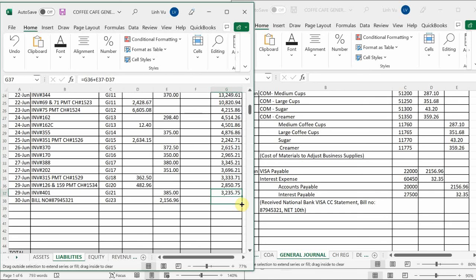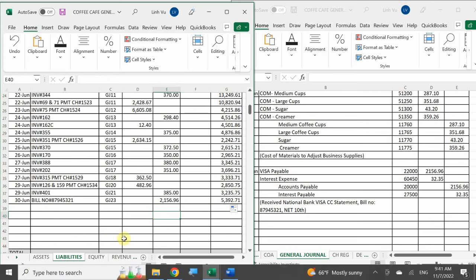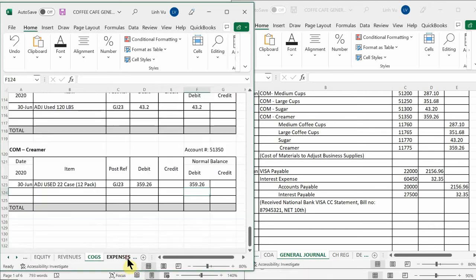How much do I owe in general? What's my grand total ending balance in my accounts payable account? $5,392.71. Correct. Okay, and now I'm going to go to my expenses here, because I need to recognize that I got charged